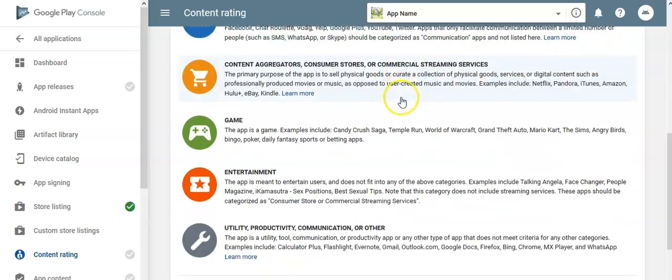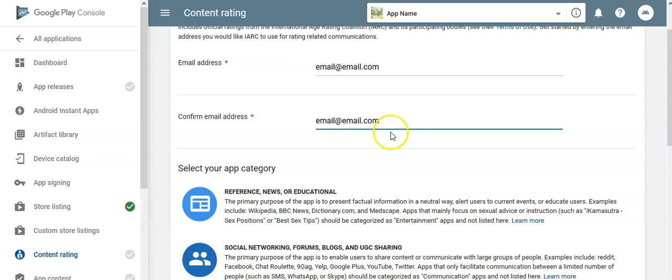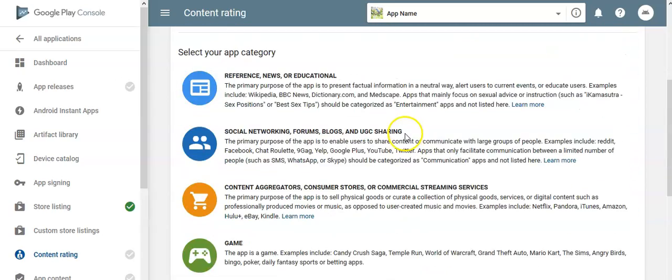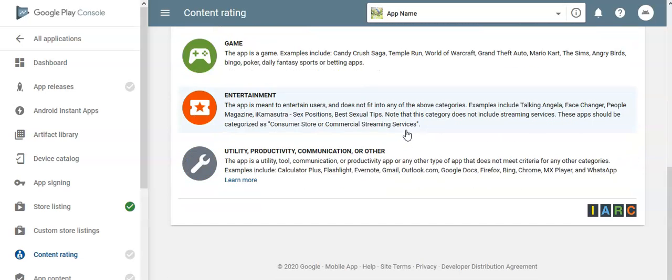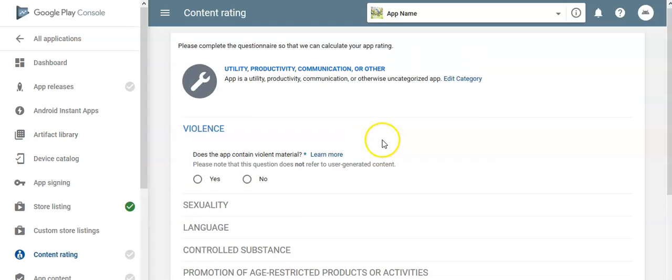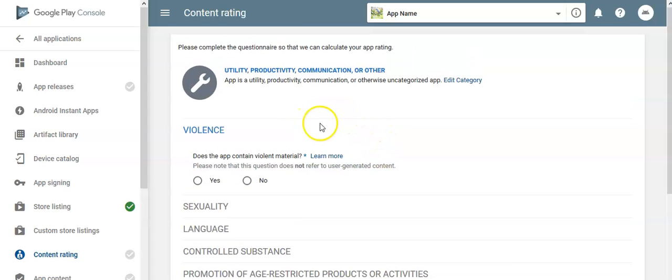Next, these are various types of categories. Select the category according to your requirement. For example, just for the sake of training of this video, I am just selecting this one.